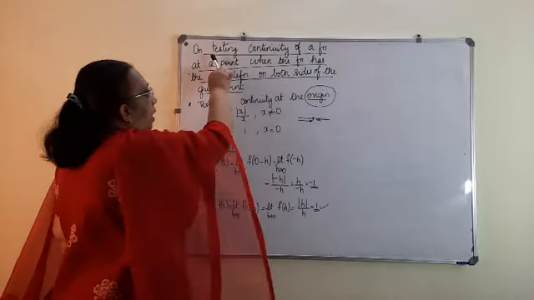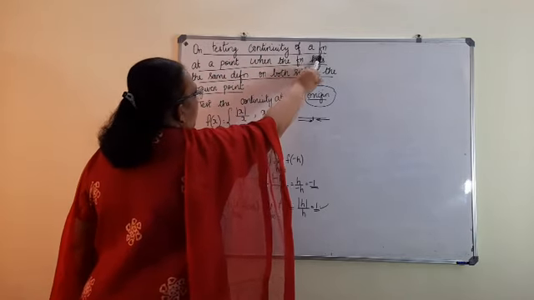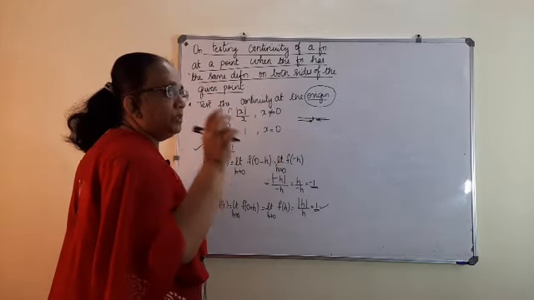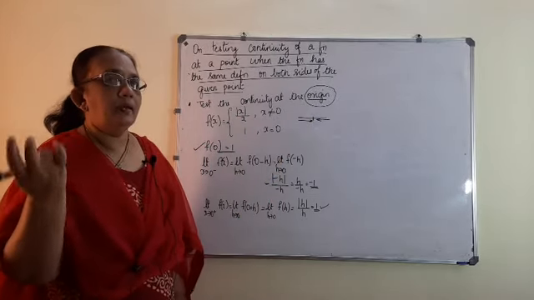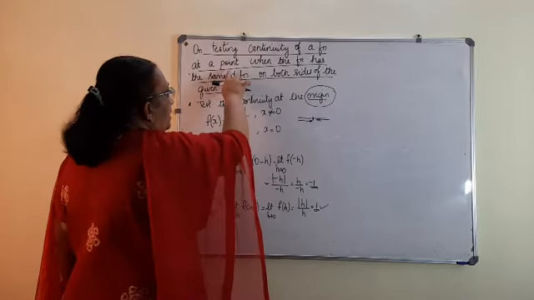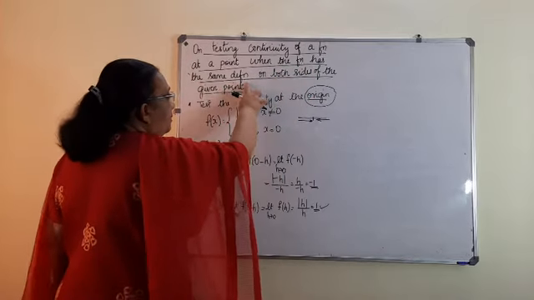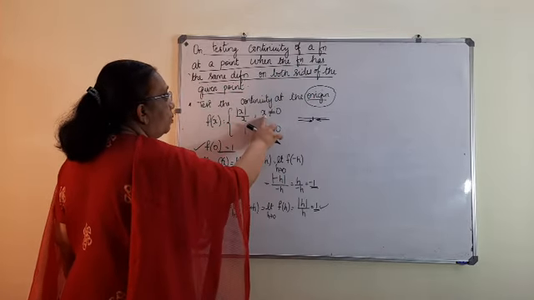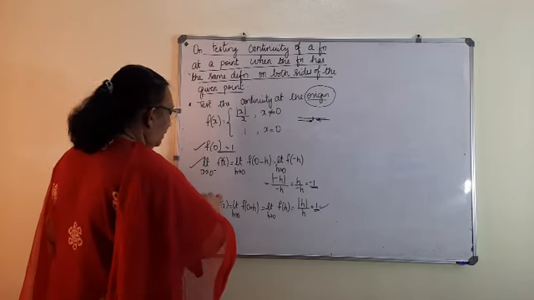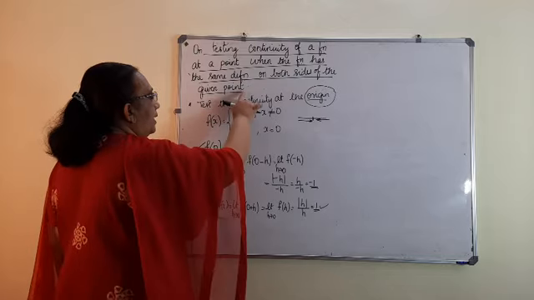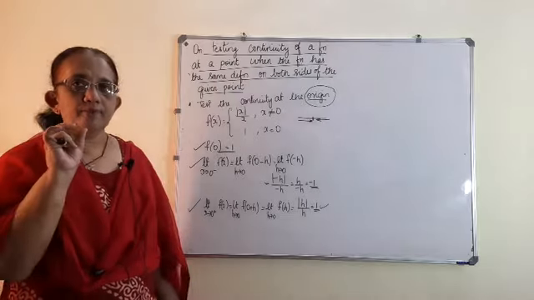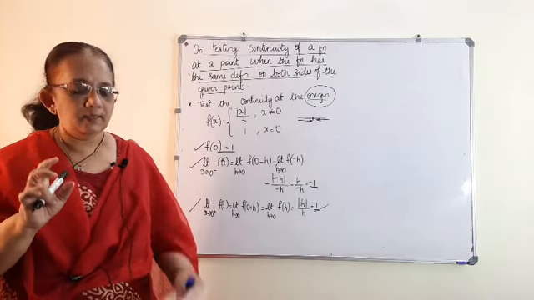This is the first step on testing continuity of a function at a point. You should be careful at a point. After some time we will be discussing in an interval. So these are the key points. At a point where the function has the same definition on both sides, that is, the left limit and the right limit have the same definition on both sides of the given point. So this is how you do it. These are the key points you have to keep in mind while discussing the problem.